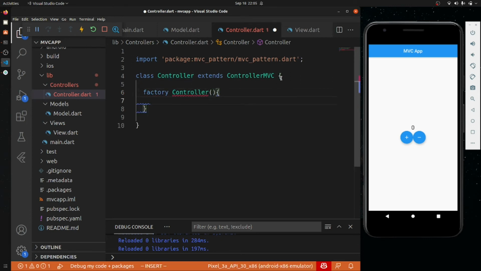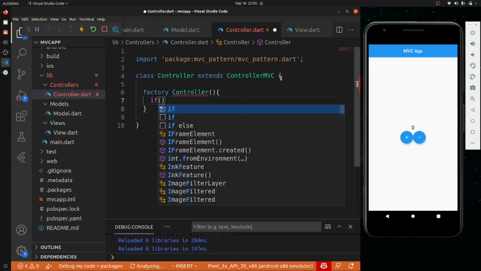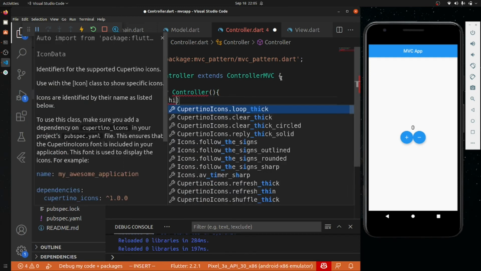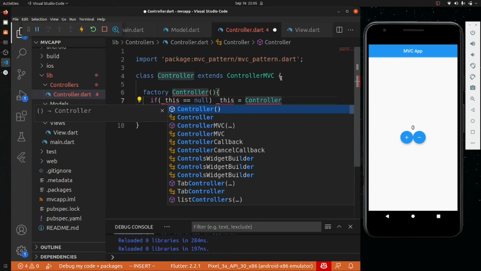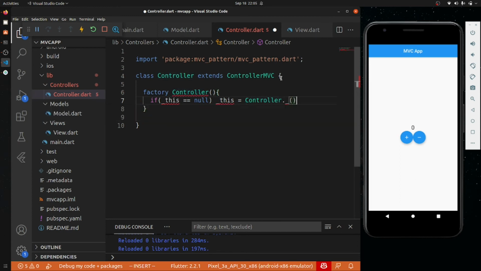Inside this we will create a variable. If this is double equal to null, then we need to say that this is equal to controller, and then we can directly do this thing.